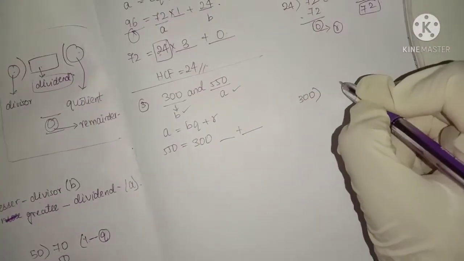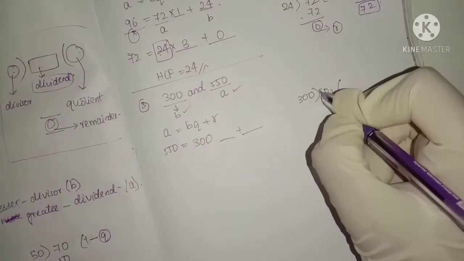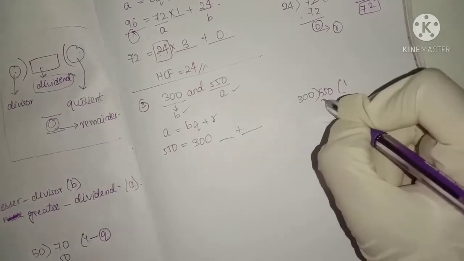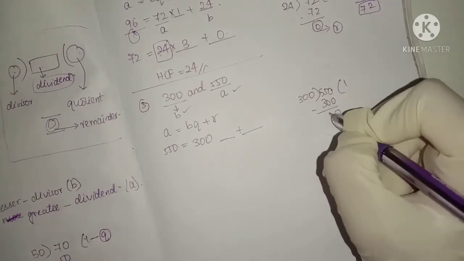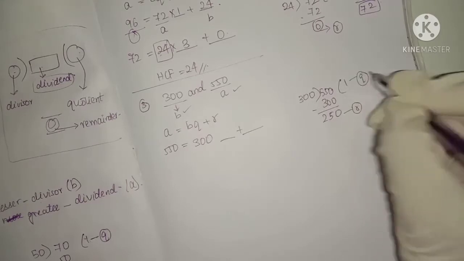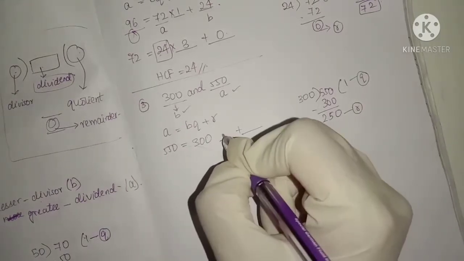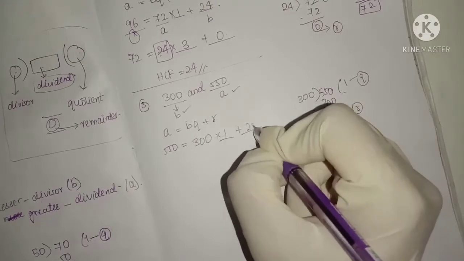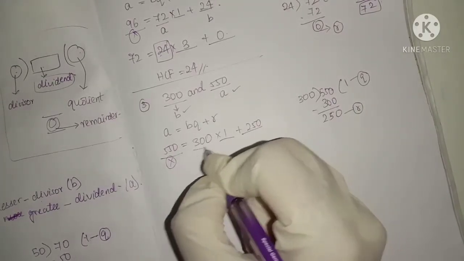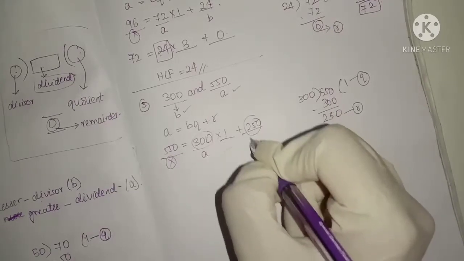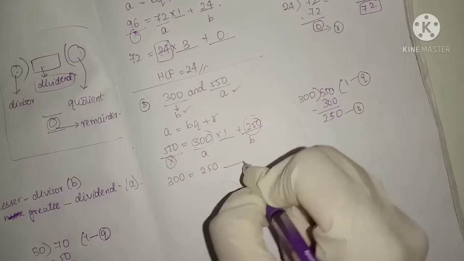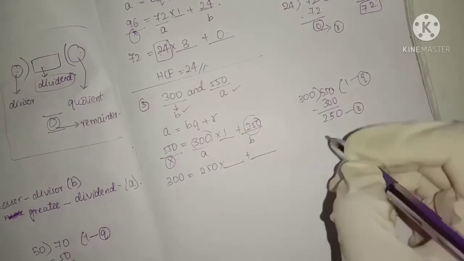So we are dividing 550 by the divisor 300. So 300 times 1 is 300 and we get 250. This is the remainder, this is the quotient. Let us substitute these values. 550 equals 300 into 1 plus 250. And we don't have any work with this now. We are going to take this as A and this as B. 300 equals 250 into quotient plus remainder. Again we have to find the quotient and the remainder.